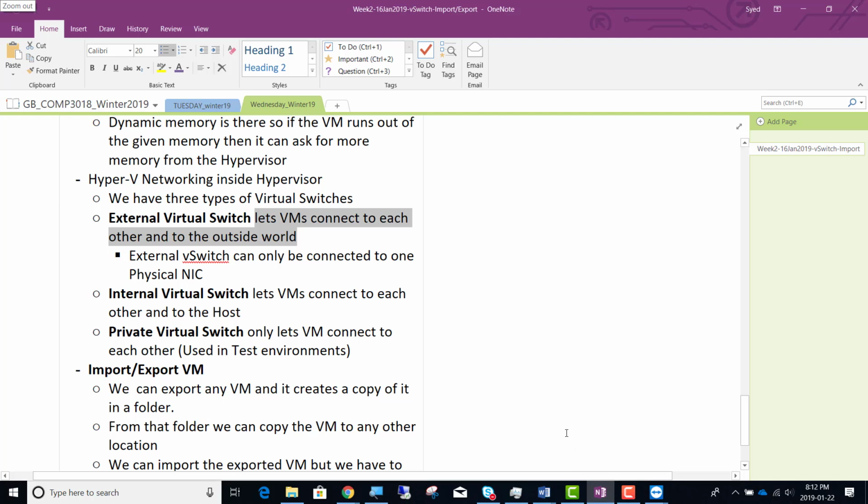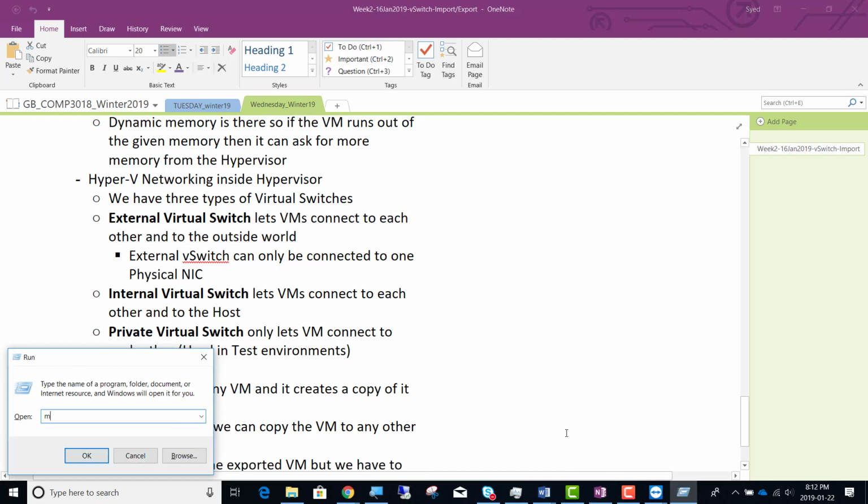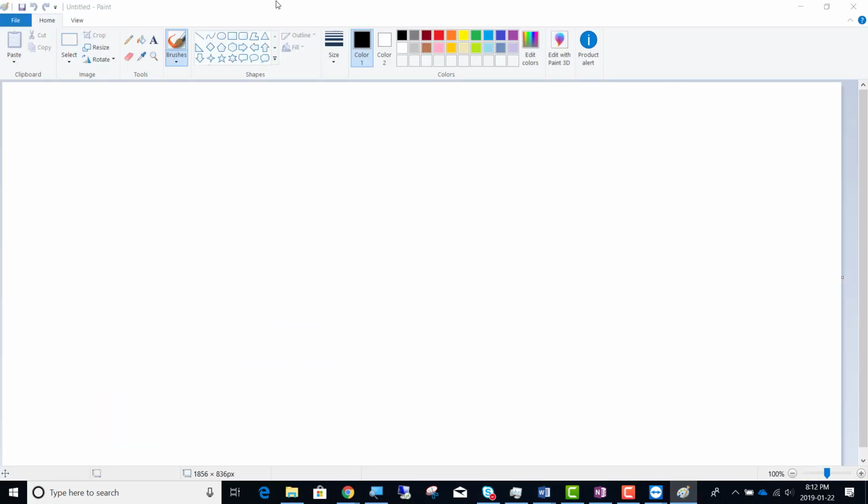So if I just create a diagram here, or actually that diagram was there and I restarted, seriously. Okay, so MS Paint. That diagram here,